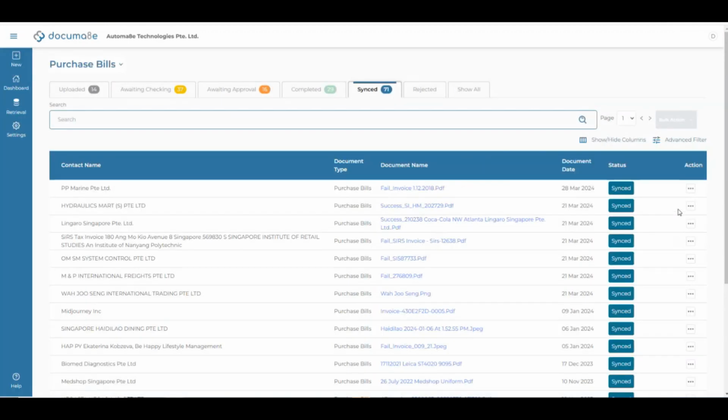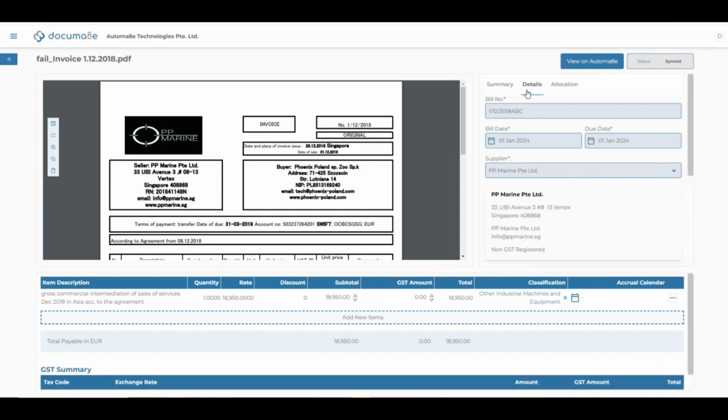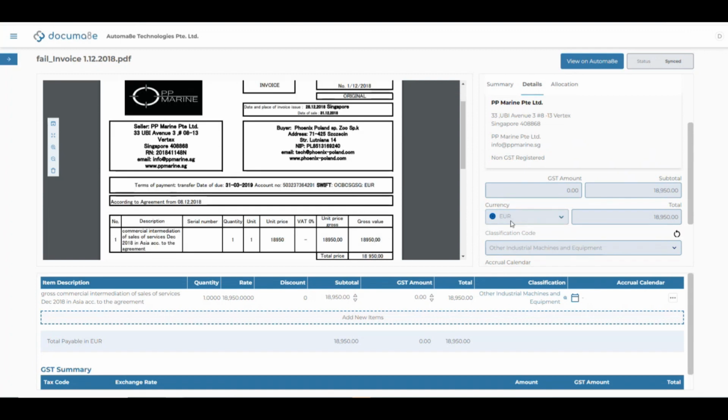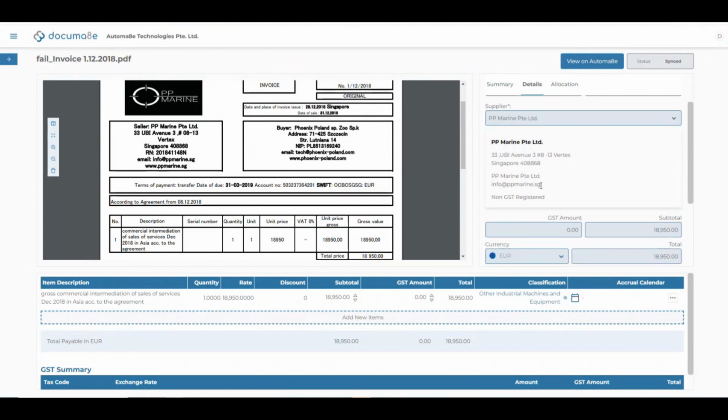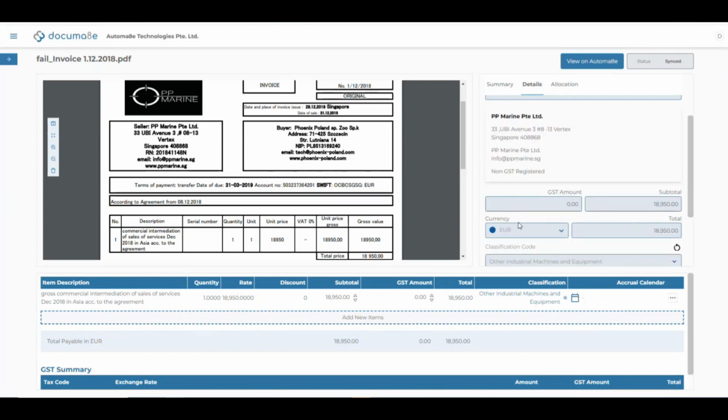This is the currency here, right? So over here, the bill will pick up the currency of the bill and reflect it here. And when this multi-currency bill is synced into Automate, Automate recognizes this original bill as a euro bill, but it will translate based on the exchange rate from MAS on the date of the bill to the functional currency. Most functional currencies in Singapore are Singapore dollars or US dollars. So you will translate it for booking purposes to your recording currency, right?